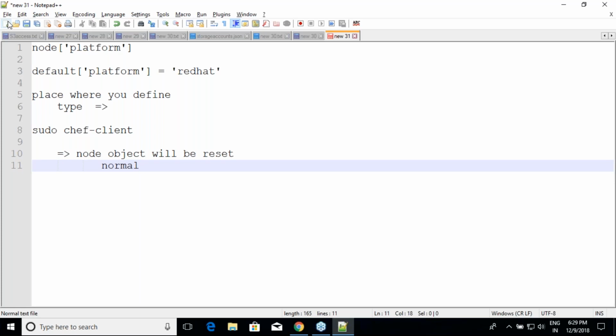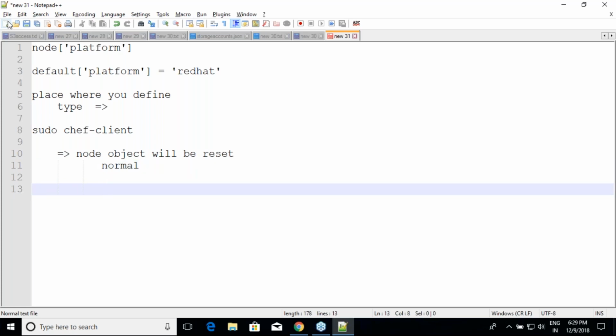Ohai will be executed again, and whenever Ohai executes, you get a new set of values, and these new values are filled in that node object, right? While filling that in, there might be cases where the same attribute is defined at multiple places. In that case, as we have just looked at in the table, attribute precedence comes into play, and whatever has the highest weight will be applied into the node object. This node object will be maintained at the client and sent back to the server, and your server will maintain the whole list of your node objects as something called attributes.